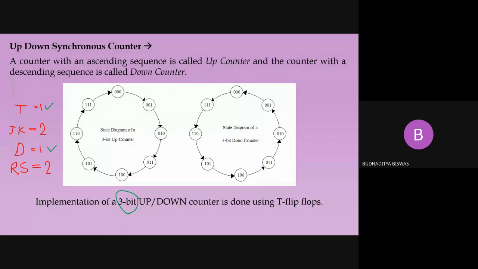So that's why my suggestion is that if the type of the flip-flop is not mentioned in the question, in the final exam or whatever the exam is, then always go for the design using T or D, because these are single input flip-flops. If you use single input flip-flops for synchronous counter design, you need to do only 3 or 4, whatever be the number of states, Karnaugh maps. But you need to do double the amount of Karnaugh map simplification if you use the double input flip-flops, that means JK and RS. So my suggestion is that if it is not mentioned in the question, don't go for the JK or RS flip-flop implementation.